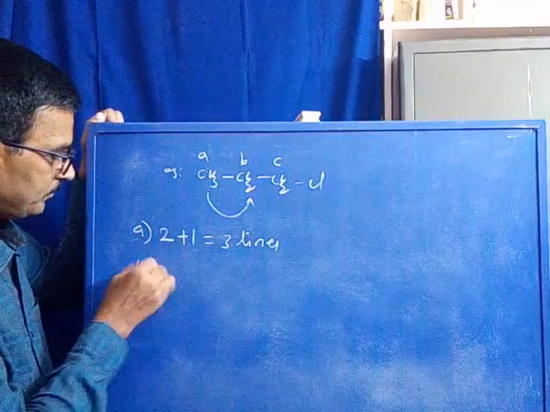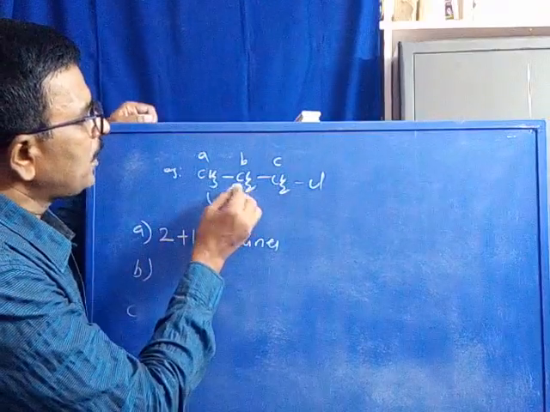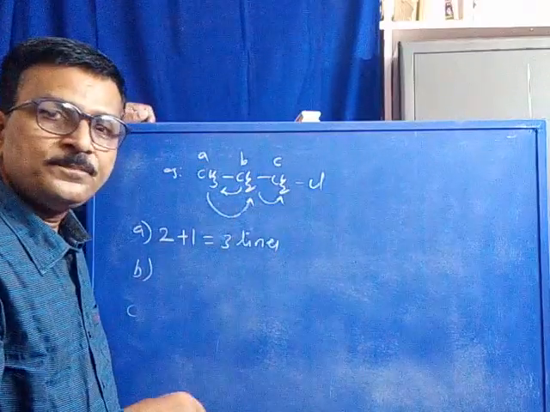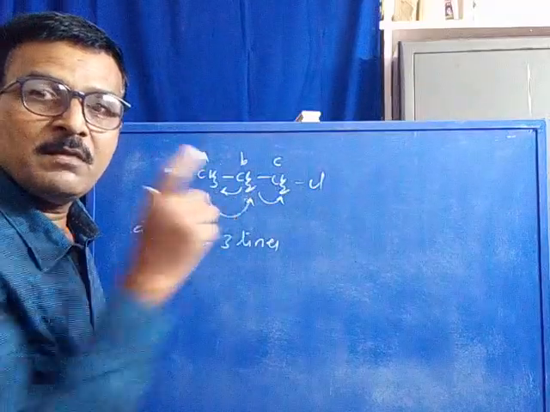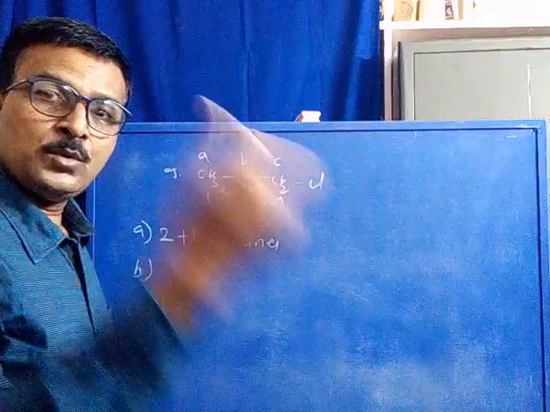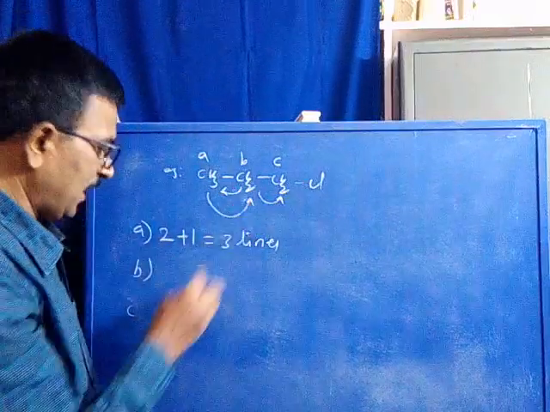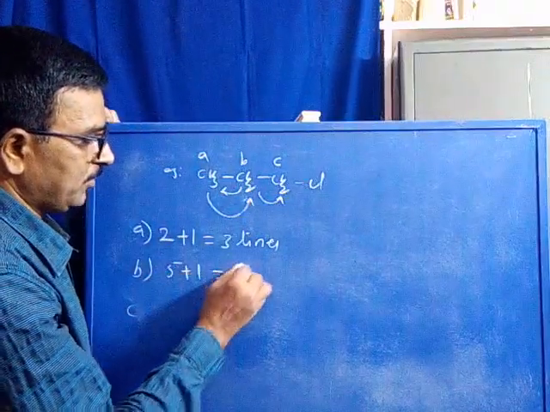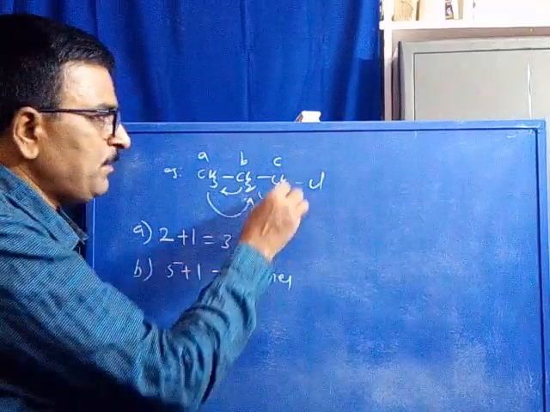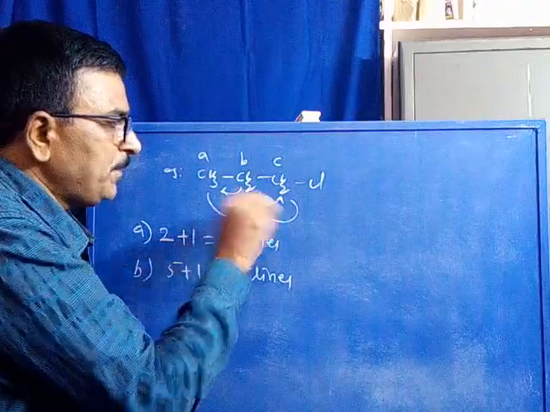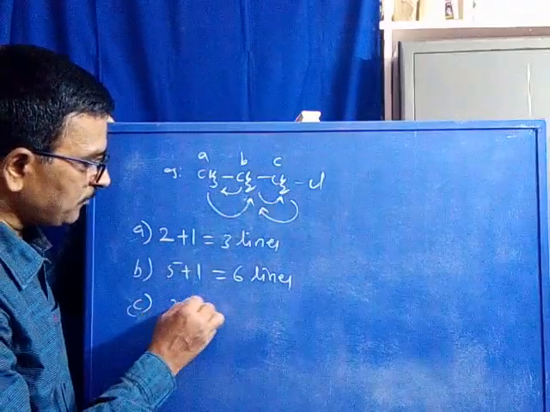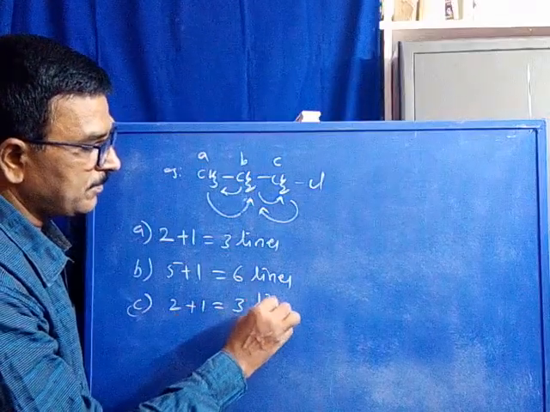B proton. Now you can see the B proton is coupled with 3 CH3 protons and 2 CH2 protons. So the B set of protons is coupled with 5 adjacents. 3 CH3, 2 CH2 of terminal, total 5, N value is 5, 5 plus 1 is equal to 6 lines. It appears as 6 lines. Similarly, the C proton is coupled with the middle CH2 protons, the B protons. Therefore, 2 plus 1 is equal to 3 lines.